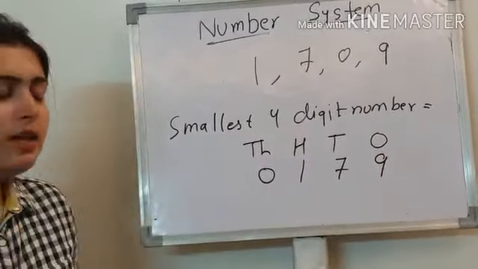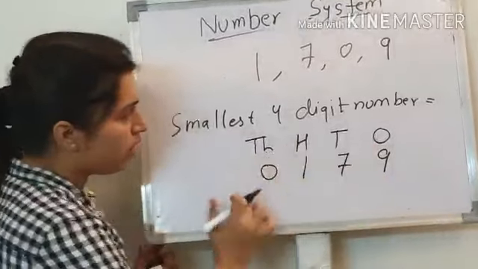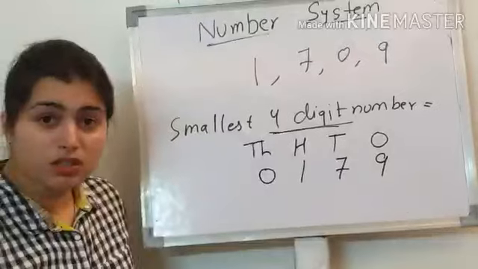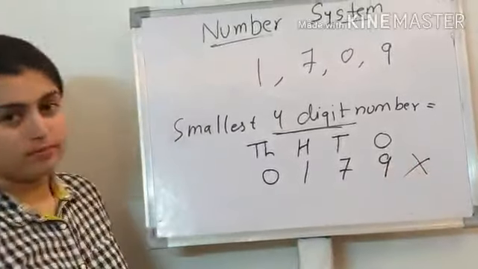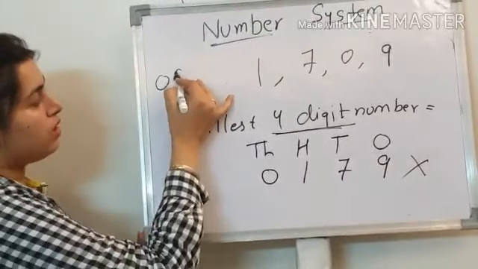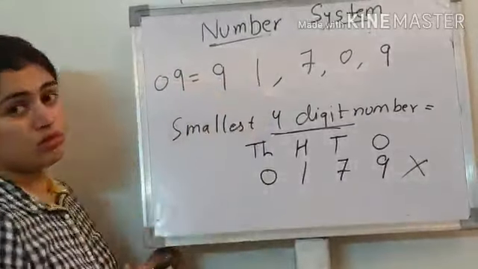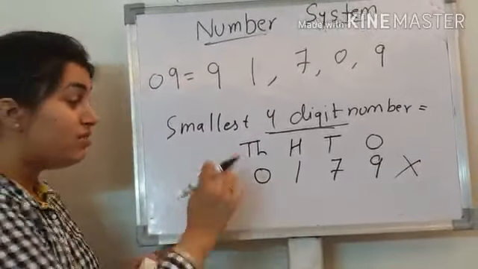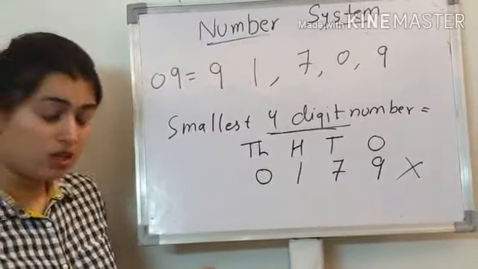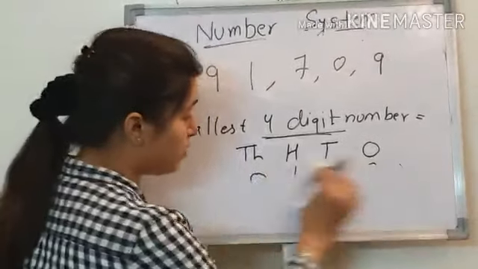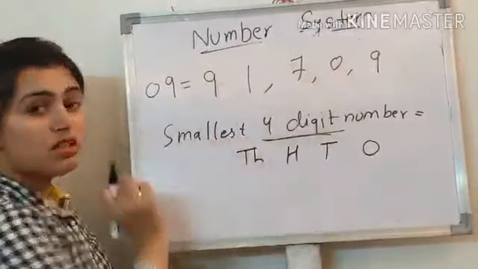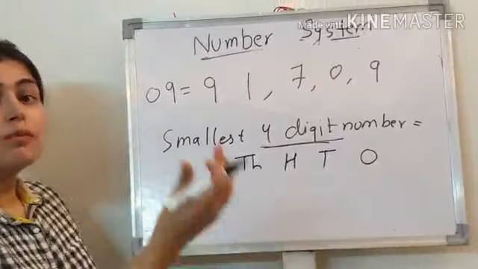But students, tell me, is this number a 4-digit number? No, that is not a 4-digit number, because 0, 9, you can write 9 also. If 0 comes at the first place, then this digit has no significance. So there is one thing you have to implement: just write the 0 at the second place from the left side.